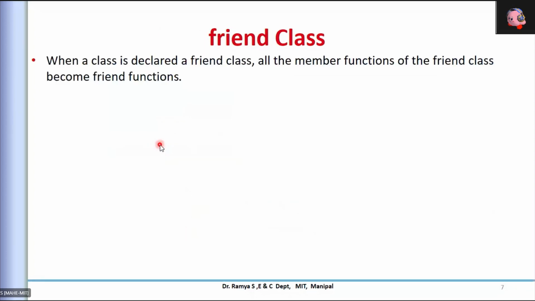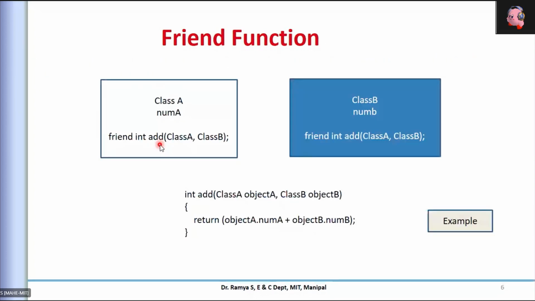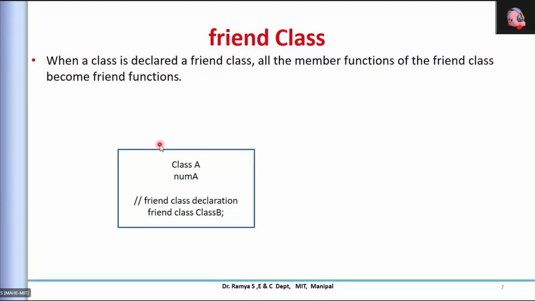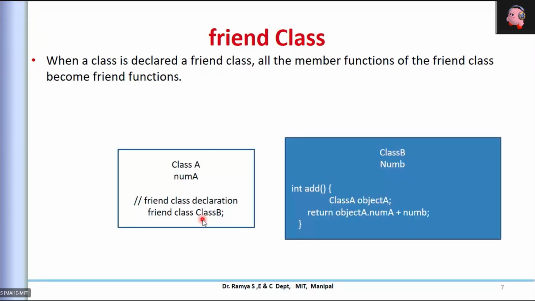One more important piece of information: friend, this was a function here, but a whole class can also be declared as a friend of another class. In this case you declare the class that you want as a friend. What is the advantage? Now I need not write the function outside, and I can always access this class as an object, as if it were its own class, or a kind of child.